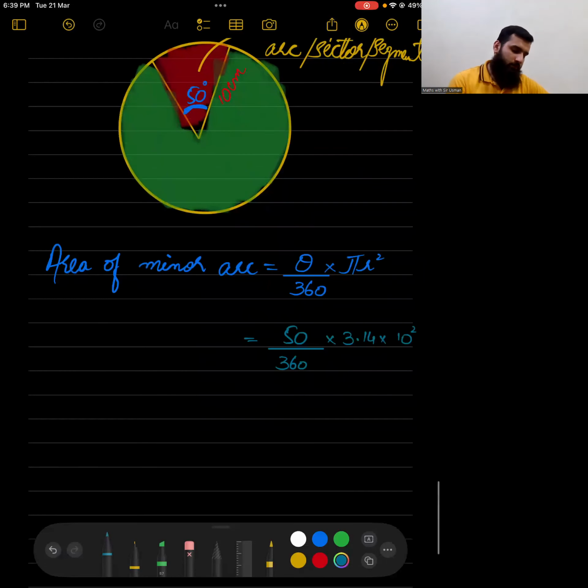And let's say it's turning out to be 210. Now let's suppose this is your area for the minor arc. In case the examiner asks you about the area for the major arc,